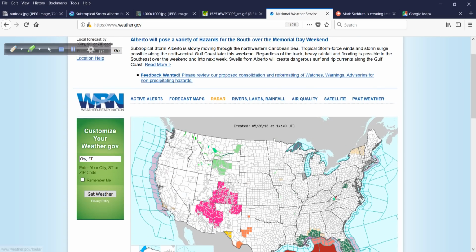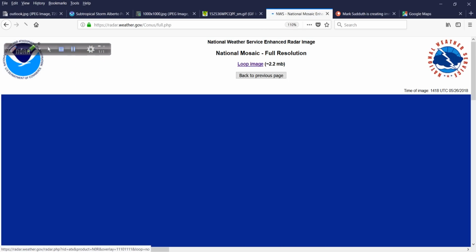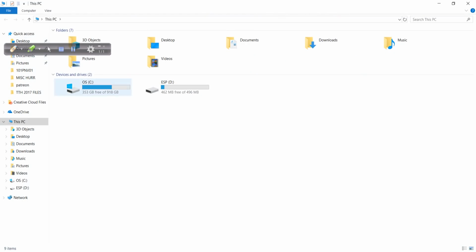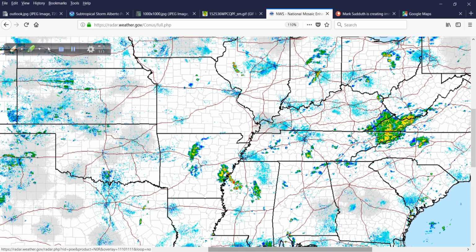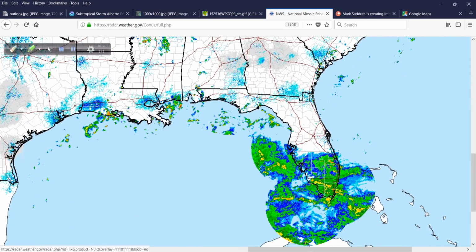And be sure to monitor the radar if you have a smartphone, or want to get one of the really good radar apps. I use RadarScope, and I don't know why that opened up. Let's try this. There we go. I use RadarScope. It's about $10, but man, what an incredible app. But for free, or you pay for it with your tax dollars anyway,